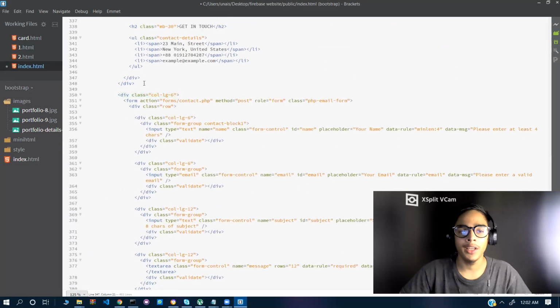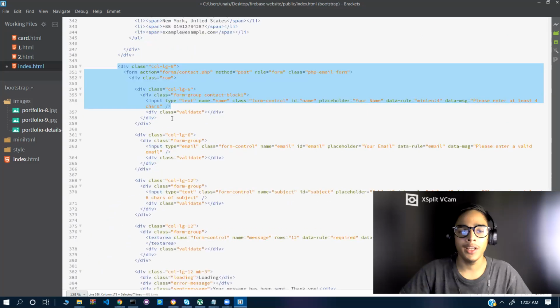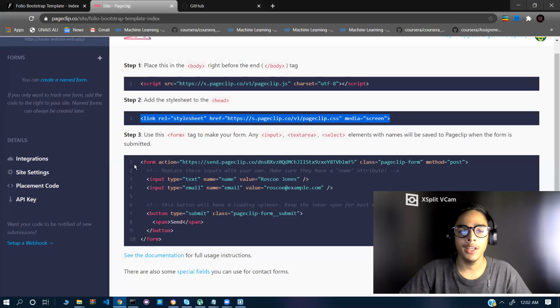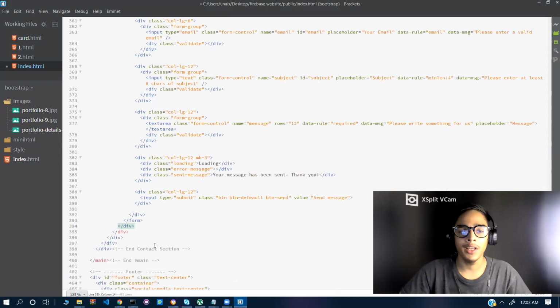So what you have to do is paste the link of this complete form link. Just copy and move to the brackets and wrap the whole thing inside the form. This is the form action, and at the end of this div, let's see where it ends here.